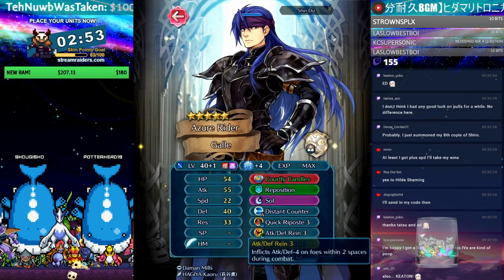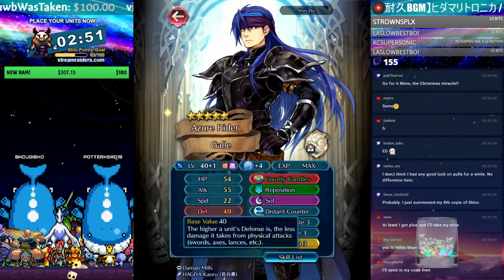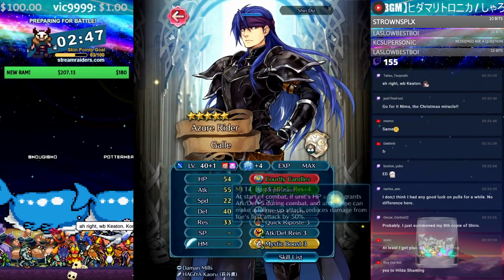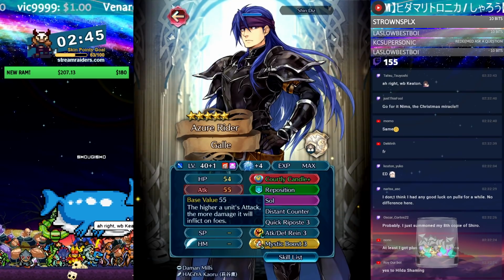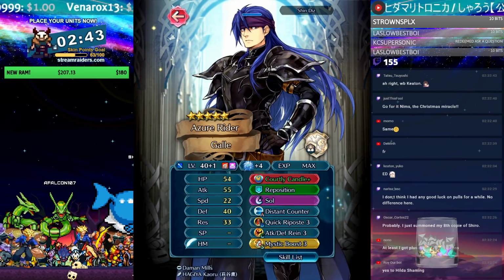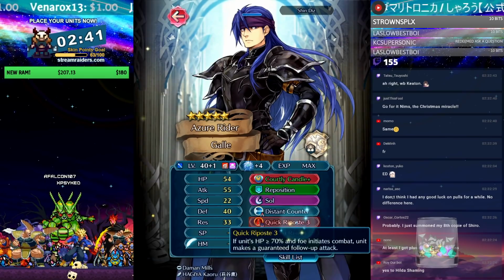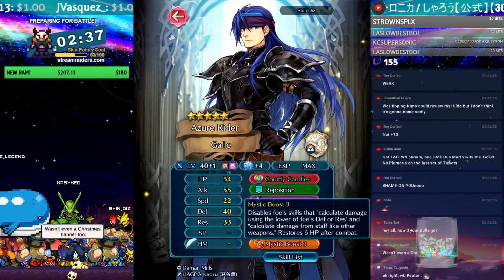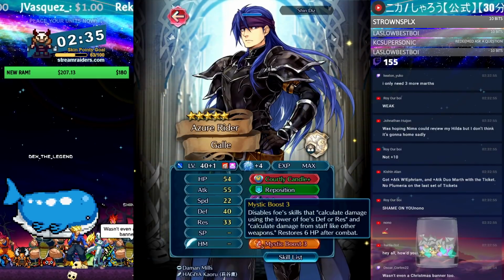With attack defense rain, it's acting as 37, 44, and of course 49 if he's over 50%, and then damage reduction on top of that. And he's hitting a pretty meaty 64 times 2. The Mystic Boost actually does work in stretching out his QR, but I don't really think you need it necessarily, because you're just saving yourself 6 HP essentially,